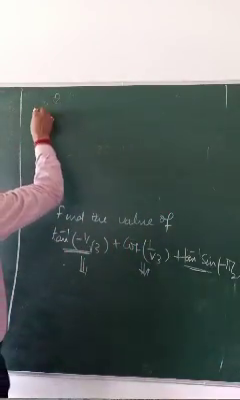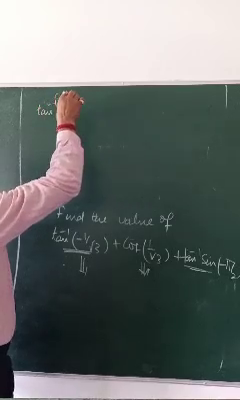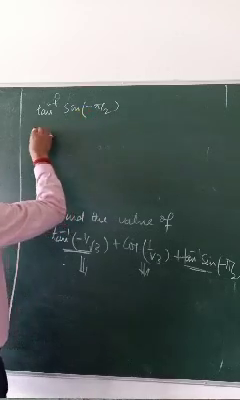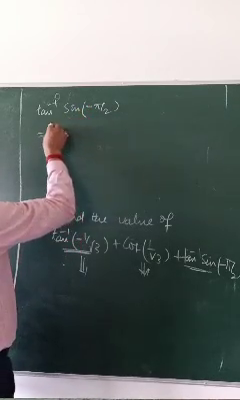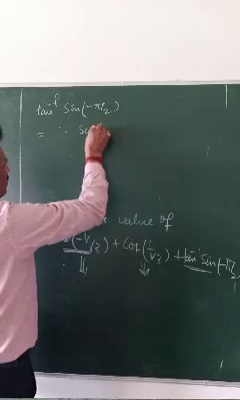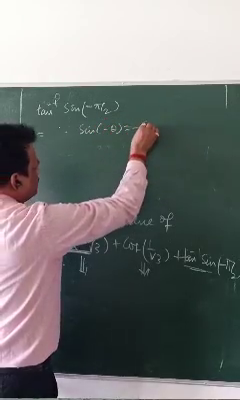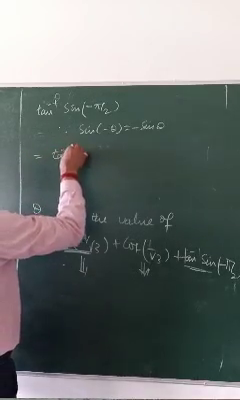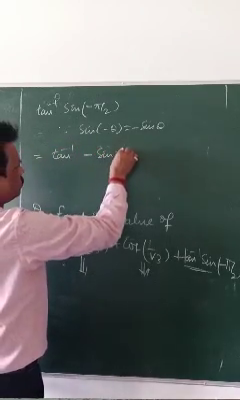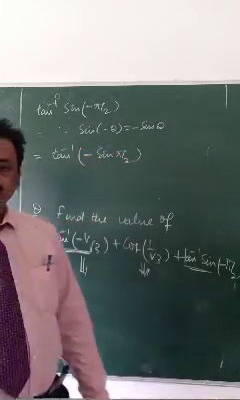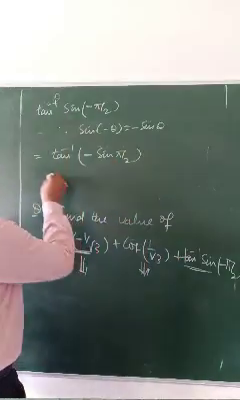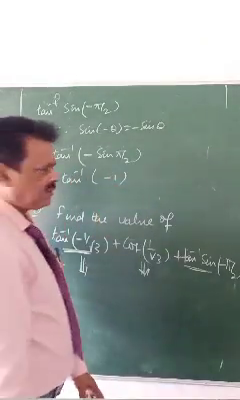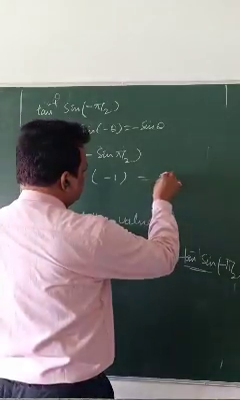So look. Tan inverse sin minus half. Since sin of minus theta is minus sin theta, that will be tan inverse minus sin pi by 2. What is sin 90? Sin 90 is minus 1. So this will be, suppose z,